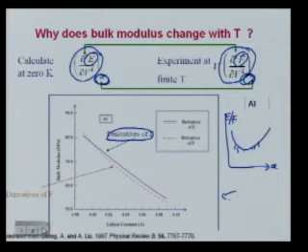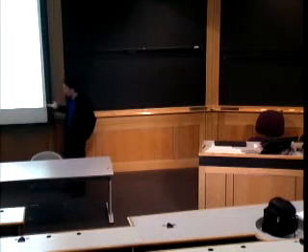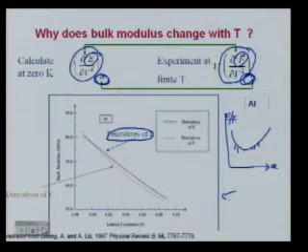Well, what you see is that neglecting the entropy in the second derivative is not a big deal. Okay? Because at a given lattice parameter, whether I take the derivative of the energy or the free energy is not a big error. Where does the biggest error come from? It's that if I'm not at the right lattice parameter. So what causes the temperature dependence of the bulk modulus is the fact that the lattice parameter